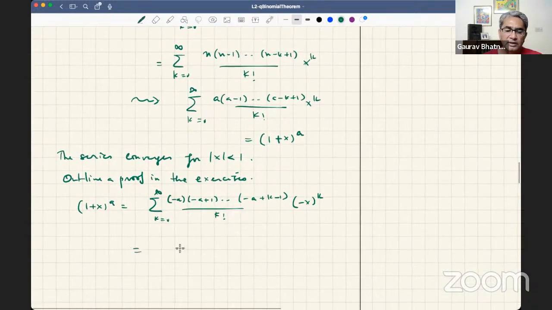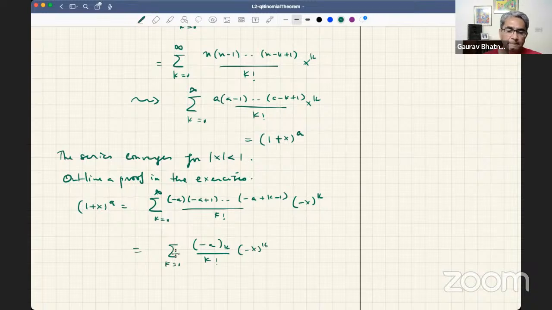So usually one would write it like this: minus a sub k over k factorial over minus x raised to k. So, I mean, you can remember it best in this form, but you can write it in terms of rising factorials. So what we want is